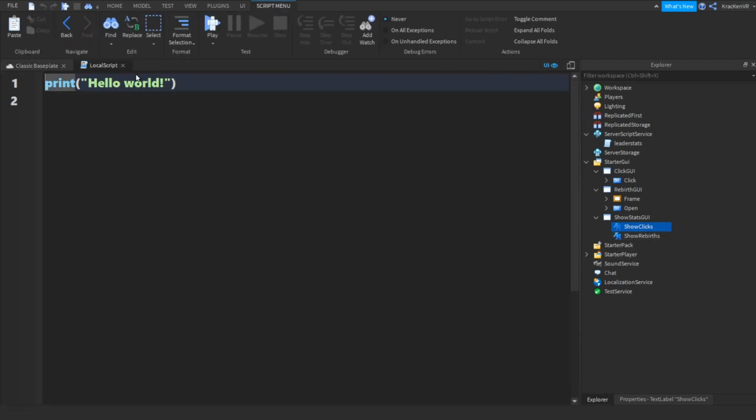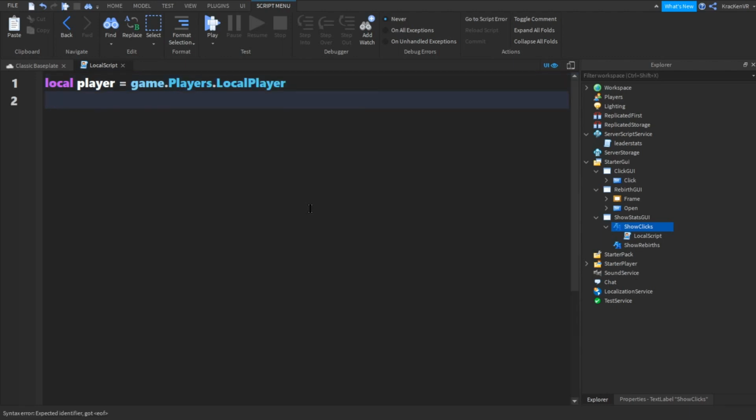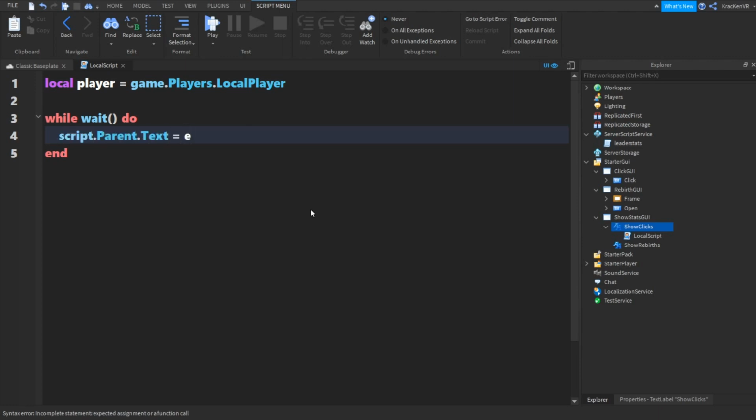So insert a local script, and you can do local player is equal to game.Players.LocalPlayer, and do while wait, and you don't put any number into the brackets, and you can go down, and you do script.Parent.Text is equal to rebirths, and then colon, then go